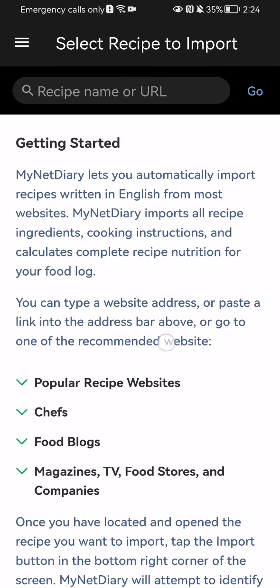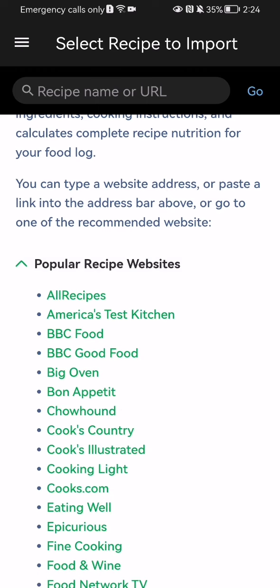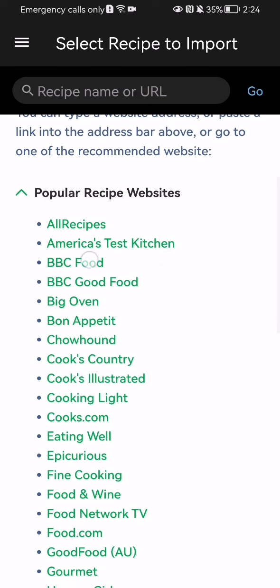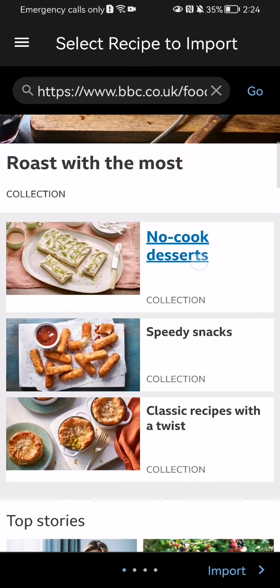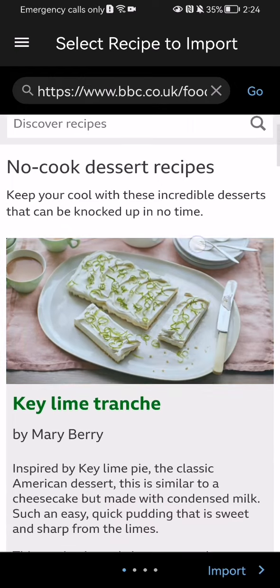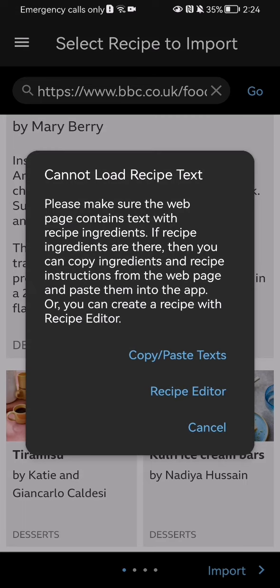Now you should wait, and you can just press on, for example, popular receipt websites. You can just press on one of these like BBC Food for example, and you can just select one here and press on import at the bottom of your right corner, and you can just copy and paste the text,